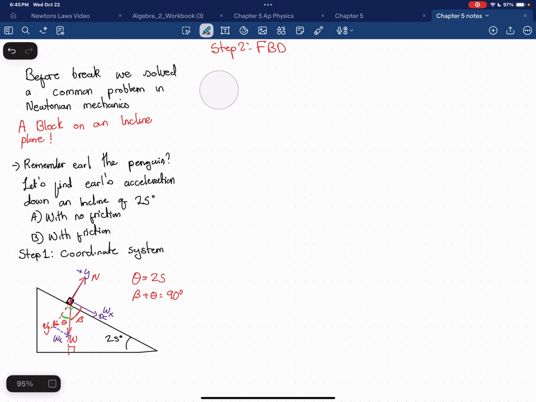I'm going to just draw the free body diagram right here quickly, just so you can see what's going on. So I'm going to draw it in red. Yeah. So I have my Earl experiencing normal force. And then I have my Earl, because he, of course, is experiencing gravity as well. So we got my normal force, my gravitational force. So now we broke our vector into components,